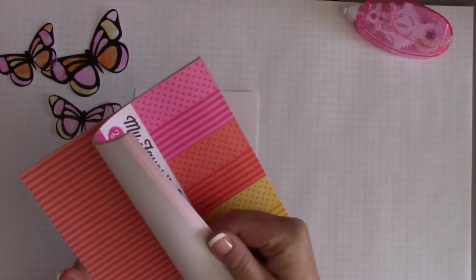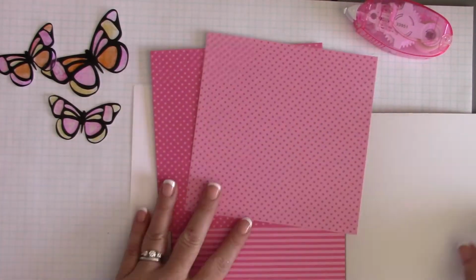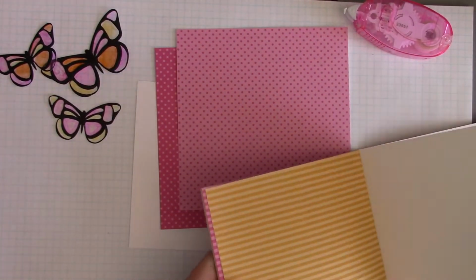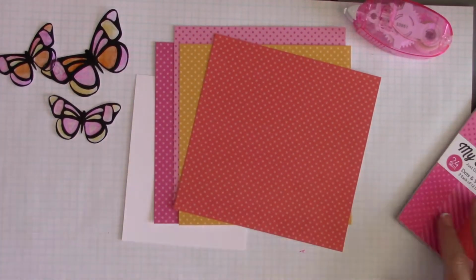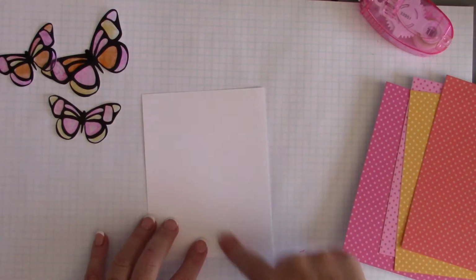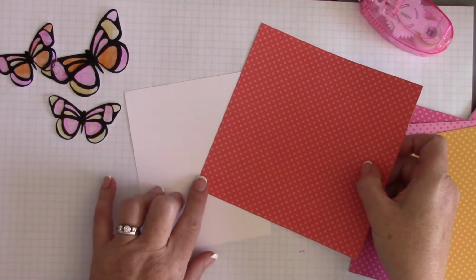Now I have a 4 1/4 by 5.5 inch white cardstock piece that I'm going to use as my card panel, and I'm picking out 4 different sheets of 6x6 pattern paper. It's by My Favorite Things. It's all polka dots, and I'm going to make a sort of ray effect that is going to look like